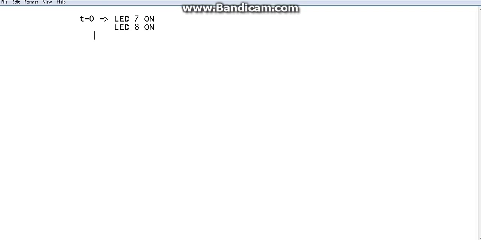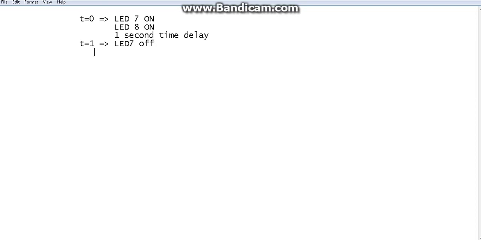Then we have to tell what is the problem. They both should be on for 1 second. So we know we have to have a 1 second time delay before doing something else. Then, since 1 second has passed, we should be at t equal to 1. There's no question on that. Then we know what should happen: LED 7 should go off,